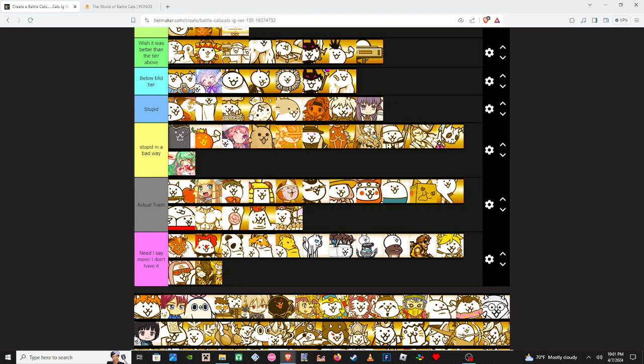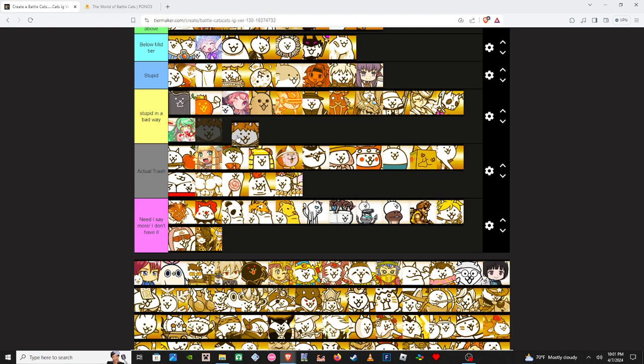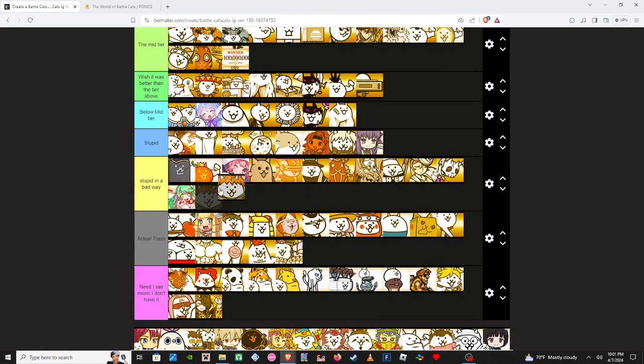Yeah. Okay. The Mage Shiro Cat. Little Shiro Cat. Strong against black. I think this is whatever. It had like 500 cost. It's whatever of a unit. We'll put him...